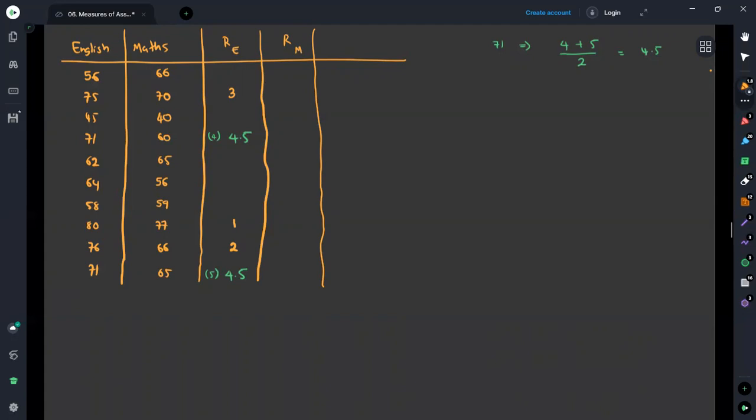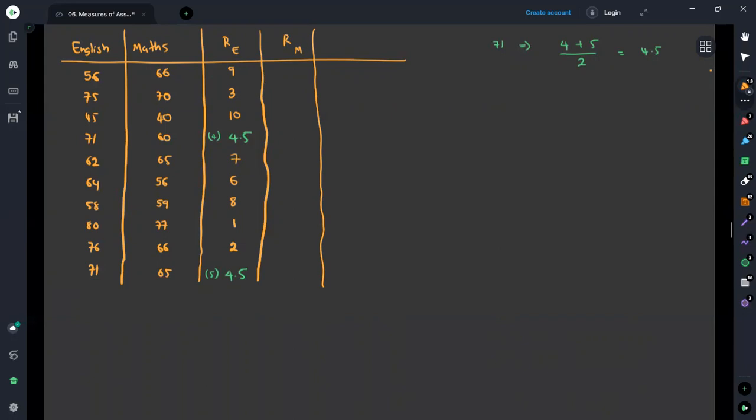The next highest value in the data set is 64, so I can allocate rank number 6 here. Then the next highest is 62, which gets 7, then 58 gets 8, 59 gets 9, and 45 gets rank number 10. Now you can see that a tied ranking was used instead of 4 and 5. It means we are having ties.